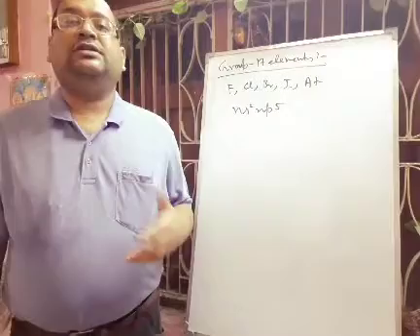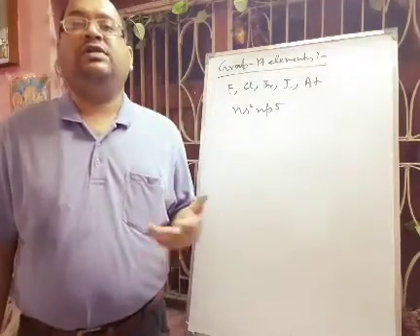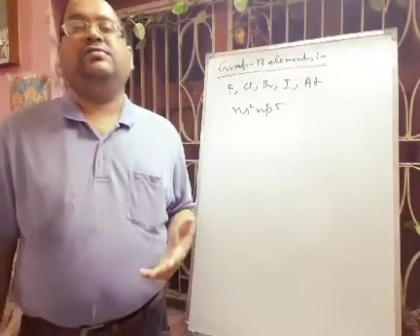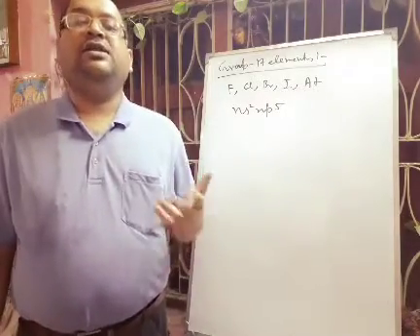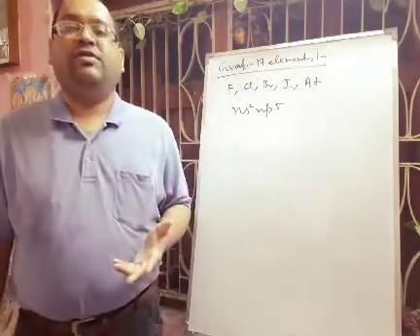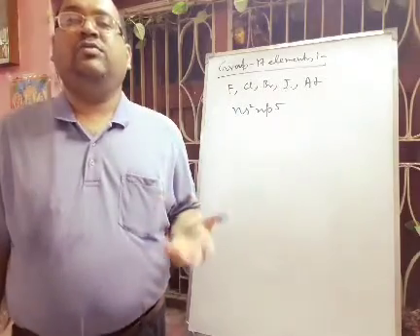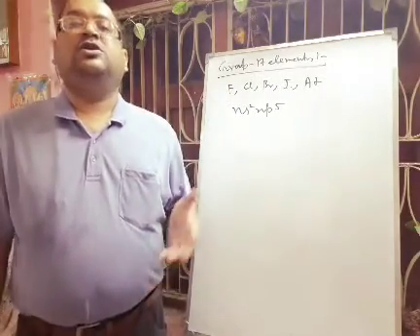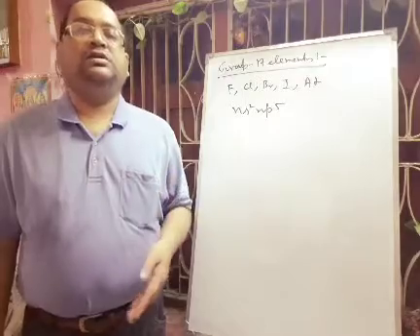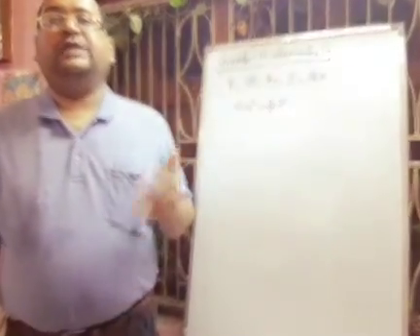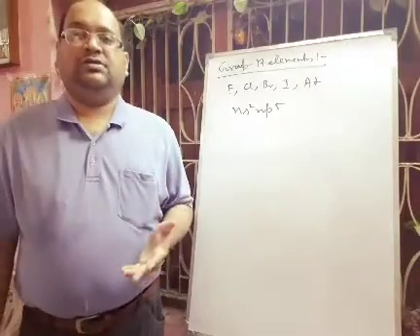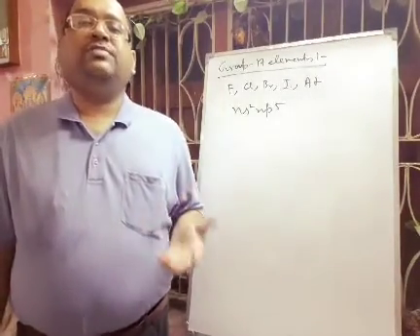Halogens, due to their small size and high nuclear charge, have high electronegativity values, and fluorine has the highest electronegativity. On the electronegativity scale, it has the value 4, chlorine will be 3, bromine will be 2.8, and iodine will be 2.7. So whenever you go down a group, the electronegativity value decreases as the atomic size increases. Next we will discuss the melting point and boiling point.